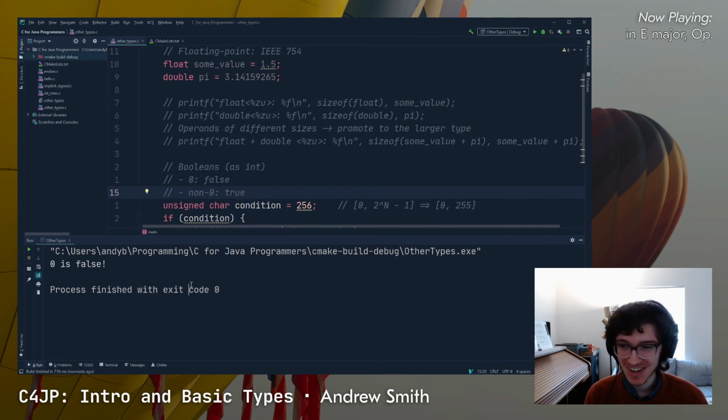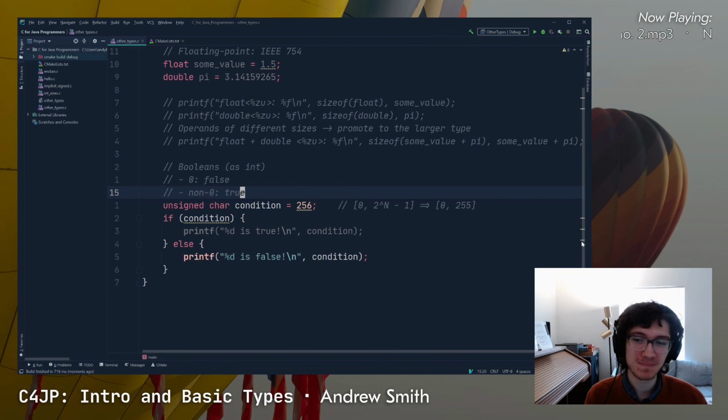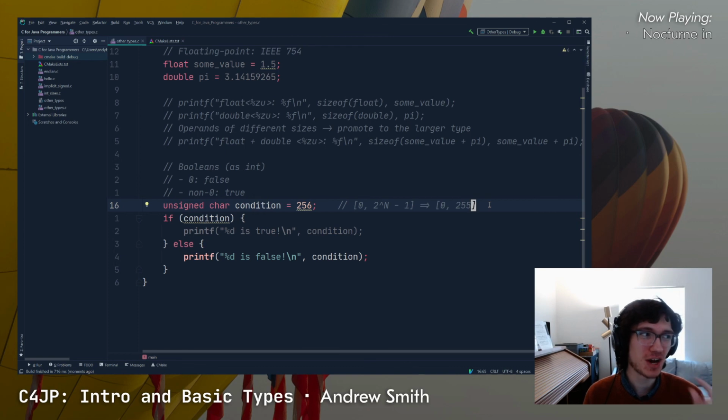That's not good. My 256 has died. It's telling me that my 256 is false. And in fact, it told me it's 0. What on earth is this? This is nonsense. This is dumb. Well, here's the problem. Remember in Java, we talked about this really briefly, and most Java programmers talk about